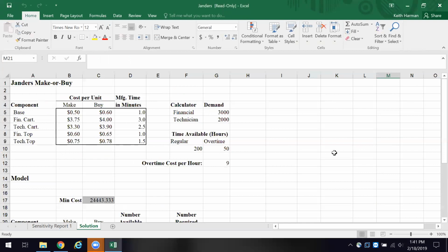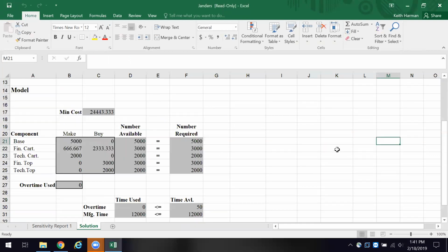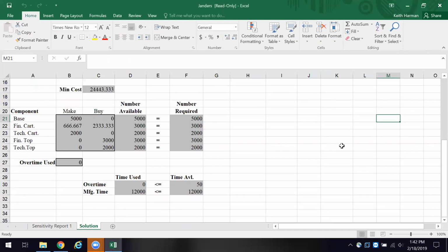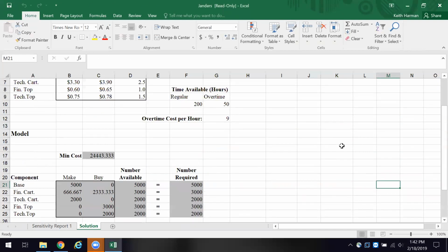And we want to minimize the overtime. Now we have 50 hours of it available, but we want to minimize it. Why? Well, here's an exercise in sensitivity analysis. Because overtime costs me more every hour. And unless I'm selling the product